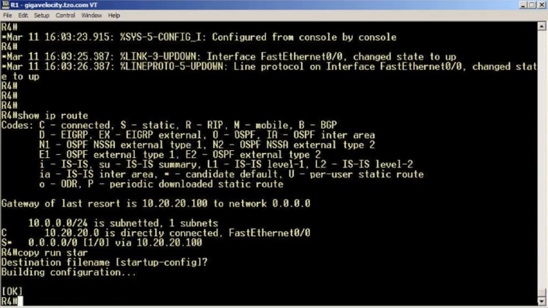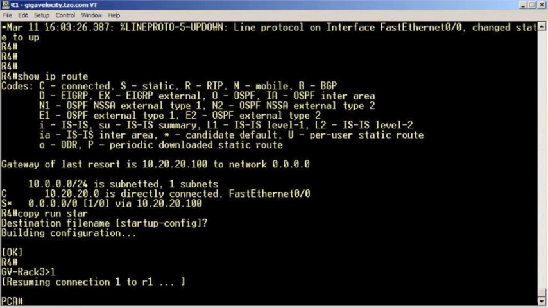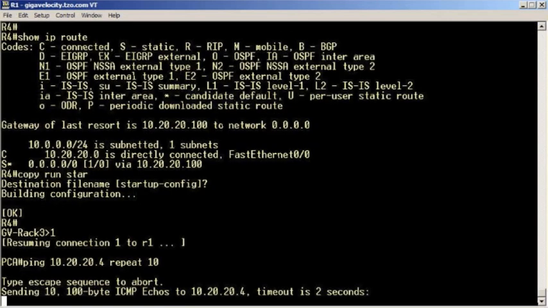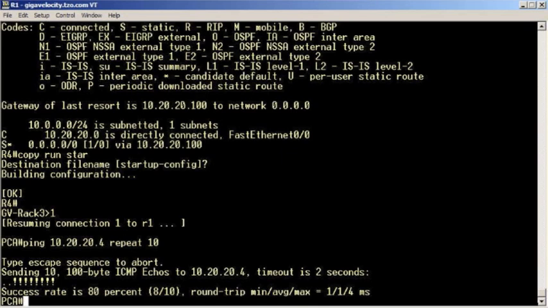So we save that configuration. We go back over to PCA and we rerun our ping test. And after a couple of failures in packets, we finally get convergence, and sure enough, we are communicating inter-VLAN now